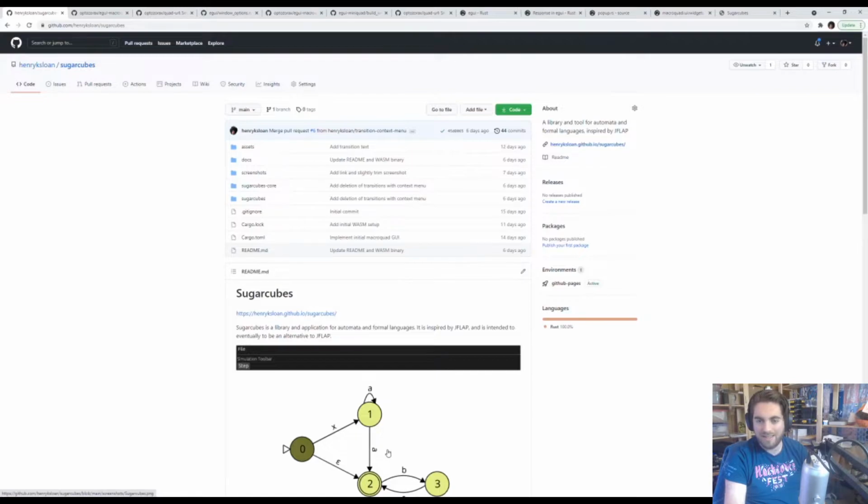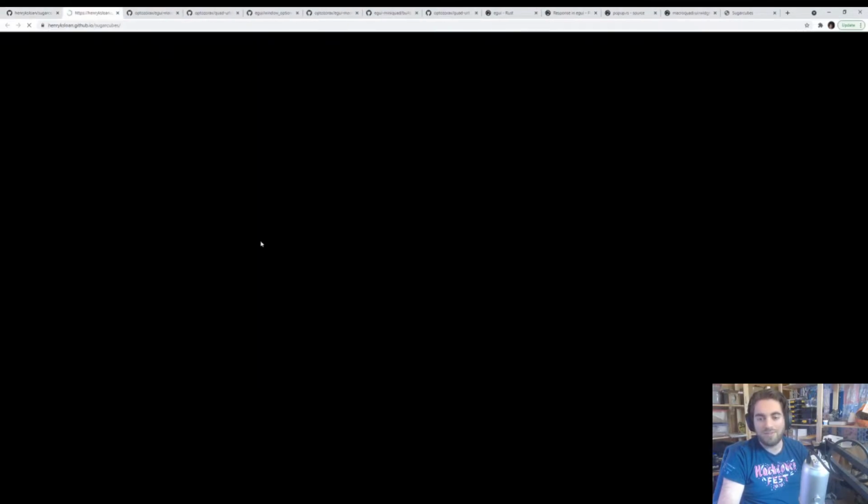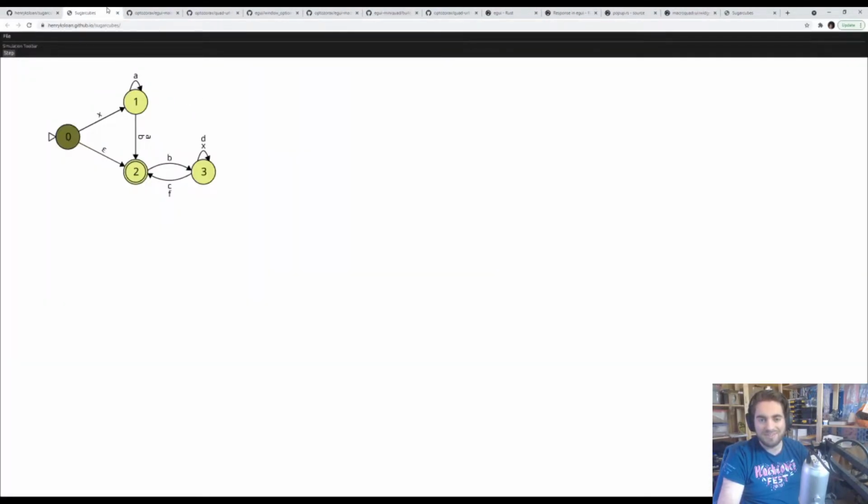I like graph theory all around, and being able to play with this seems like there's a lot of potential. Yeah, that's pretty cool. And there's a GitHub Pages link on the GitHub page. Oh, okay, for the docs and stuff like that. That's the fully working actual WASM demo. Ah, very cool, very cool.